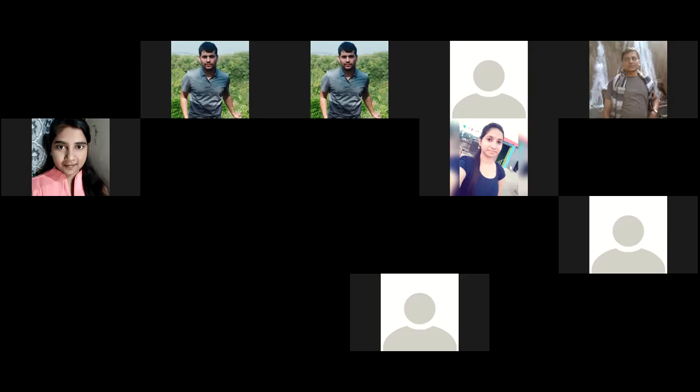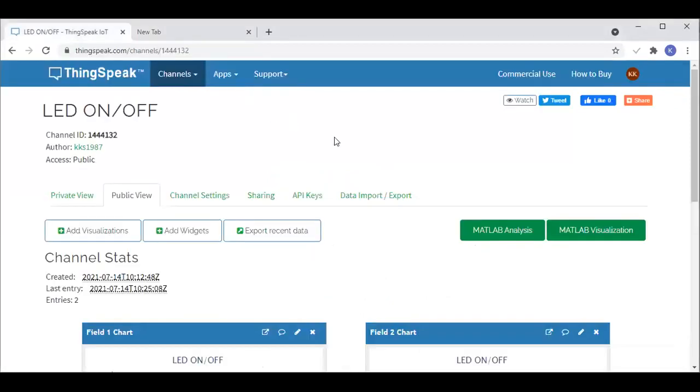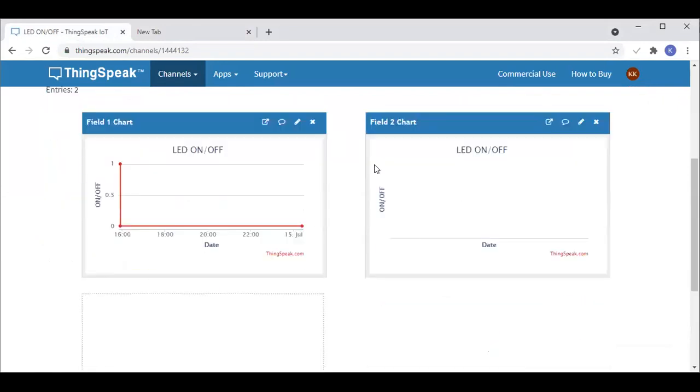Now I think you have seen how to make an account on ThingSpeak. This is the interface. I think sir has discussed these things. You just have to make an account using your Gmail ID, and it will look like this.